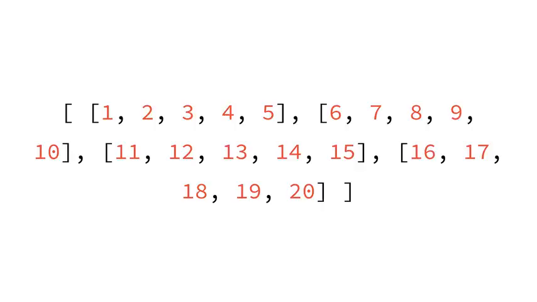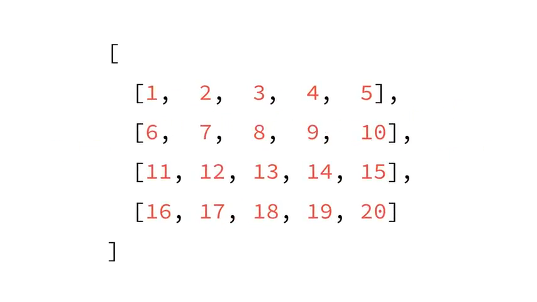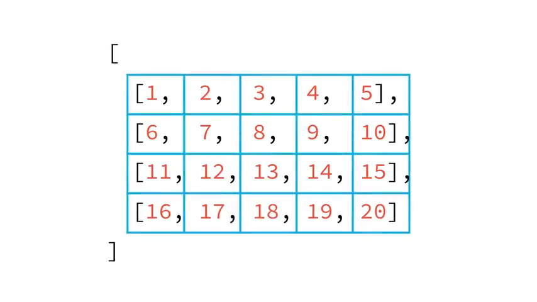So we mentioned earlier that you can store pretty much any data in an array. You can even store arrays inside of an array. An array of arrays can be represented as a grid-like structure, where each element of the array corresponds to a row of cells. Iterating over a two-dimensional array can be tricky, so it's helpful to think about the whole thing